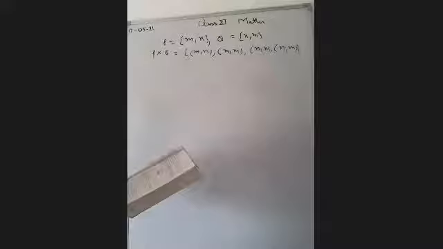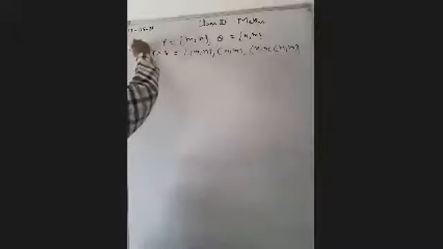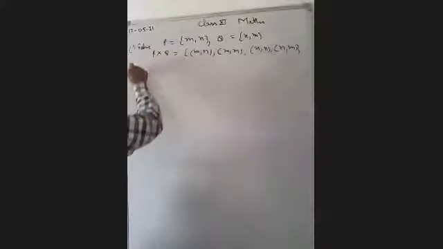Now the second part: if A and B are non-empty sets, A cross B is a non-empty set of ordered pairs (x, y) such that x... ठीक है, so the second statement is correct. First was the false answer; the correct answer हमने लिख दिया है यहाँ पर. Second आपका true है. If it is false, then we have to correct it like this one, but it is true.